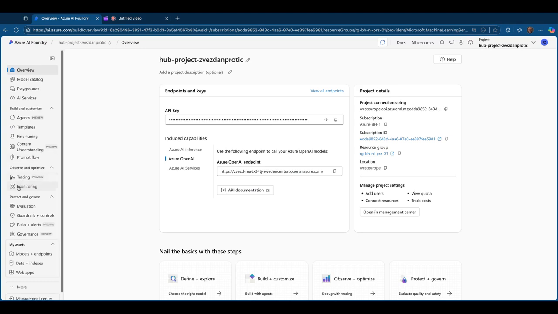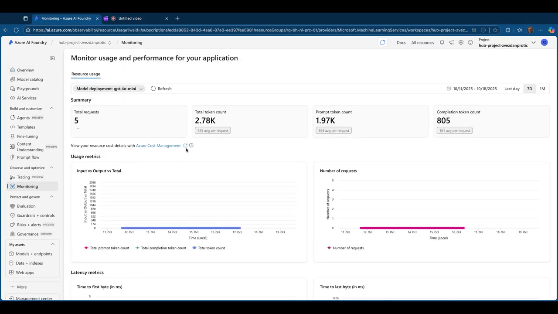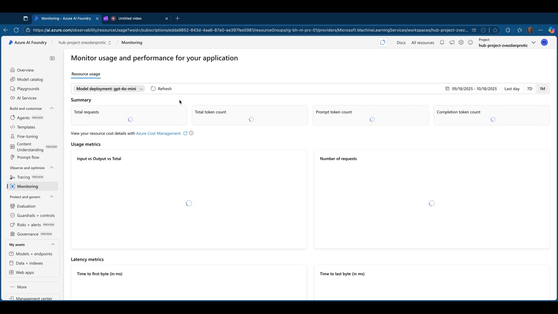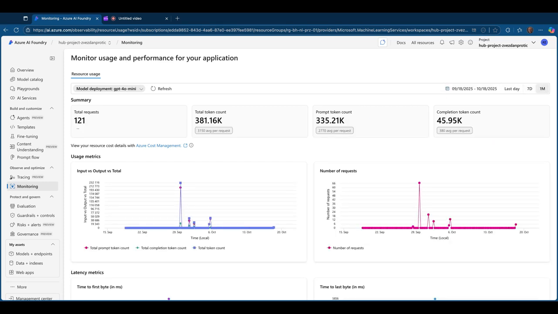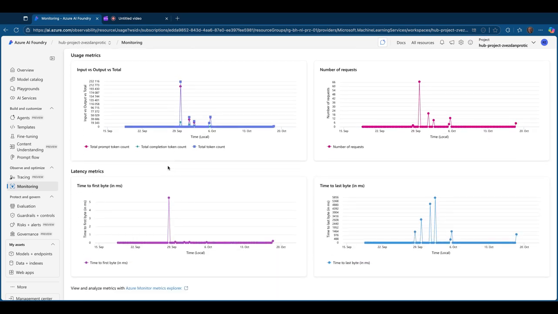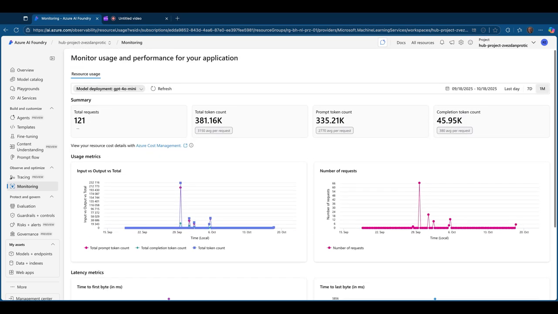For monitoring, you can click on the monitoring option, and in here you have the dashboard with monitoring information. You can set the date, the range of dates that you want to show the monitoring for. Then there is not that much information, so the monitoring that Azure AI Foundry provides is not so complex, but the parameters that are given are